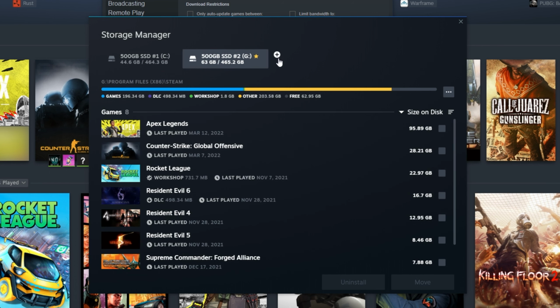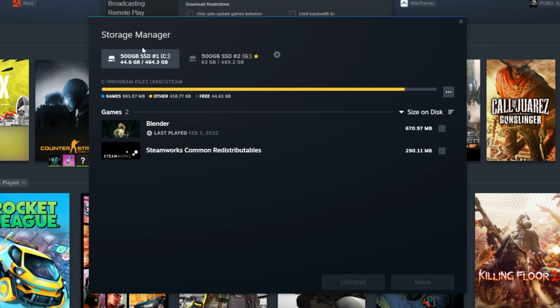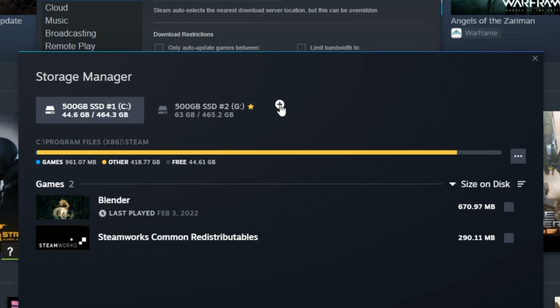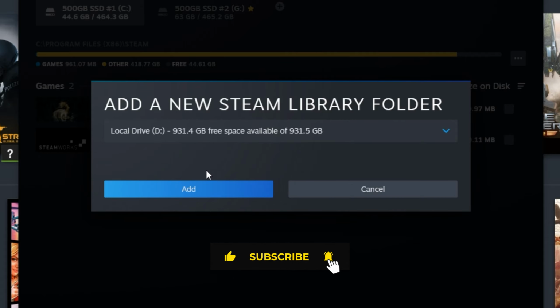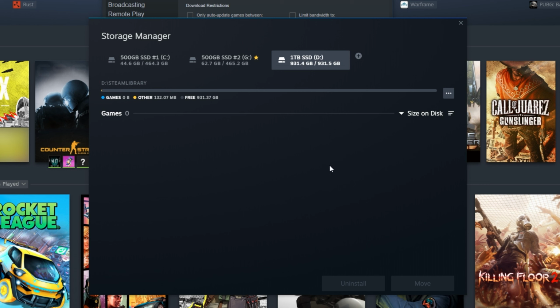And now I wish to add a third drive. So maybe you only have one drive here when you haven't done this before. So don't worry about that if you only see one drive. Simply press on the plus icon here next to the drive and select a drive that you wish to add. So for me, it's the D drive here, which is the brand new SSD that I got. Press on add, and that adds that drive to be available for use when downloading new games and when moving